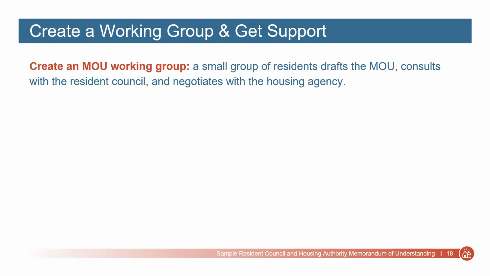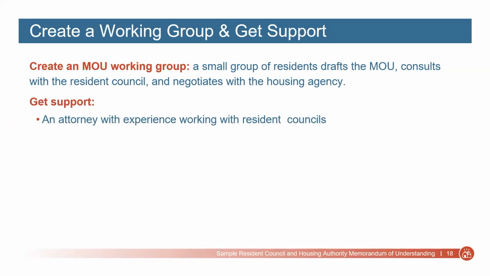Create an MOU working group. This small group of residents will create a draft MOU, consult with the resident council, and negotiate with the housing agency. Get support in drafting and negotiating your MOU. Ask an attorney with experience working with resident councils to review your draft for clarity, legal issues, and to ensure nothing is missing. Contact your local legal aid office, State Pro Bono Bar Association,